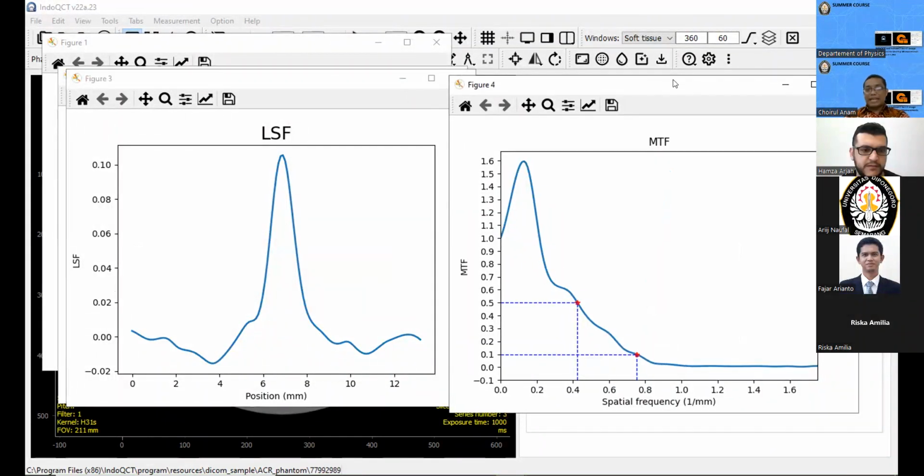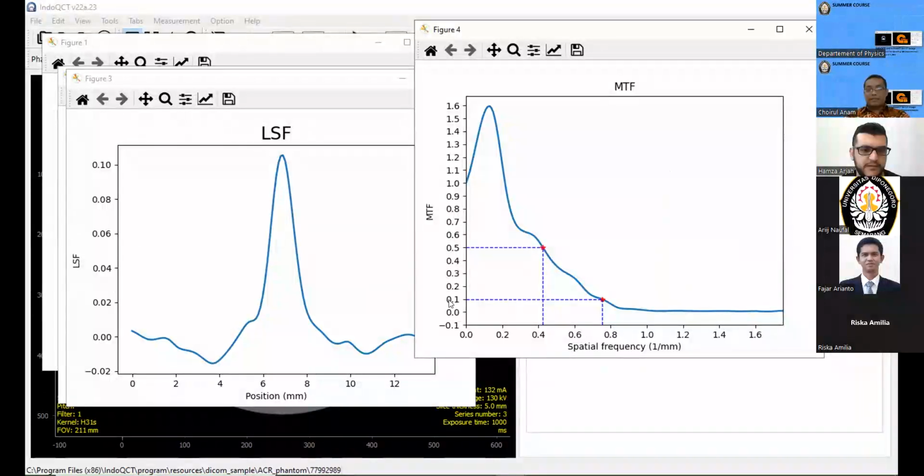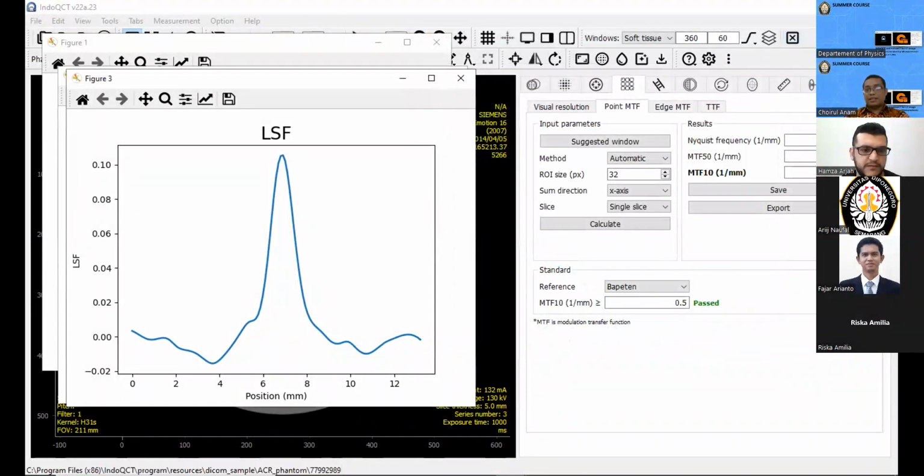And we get the 10% MTF, 0.1 MTF. The value is almost 0.8, more than 0.7. The exact value is 0.75. Yeah, this value is greater than 0.5, so the conclusion is passed.